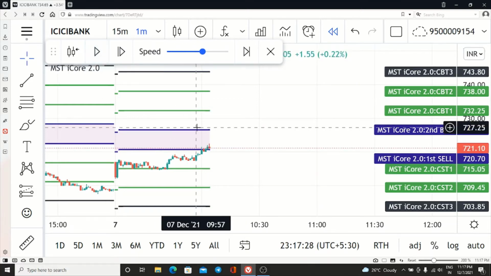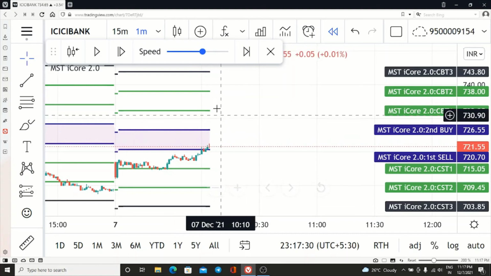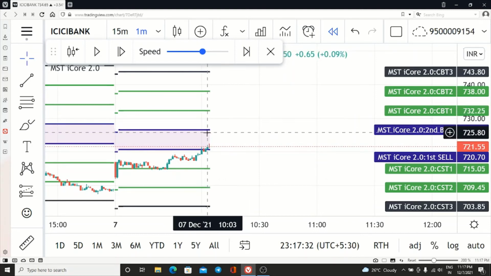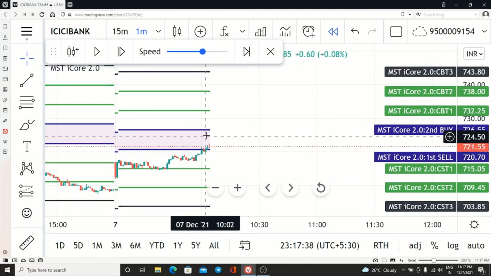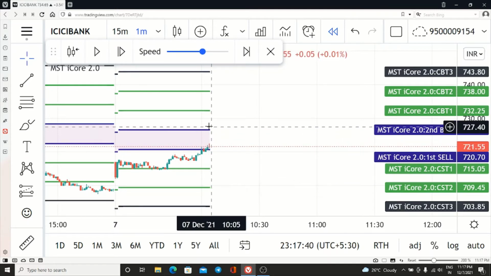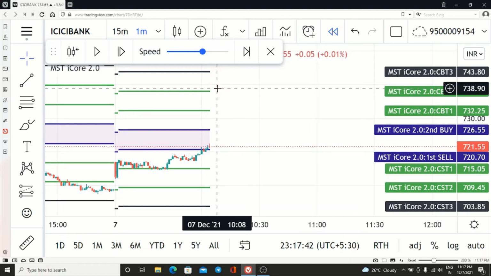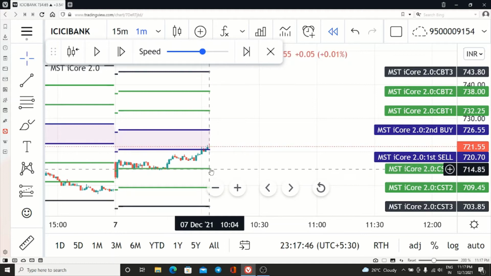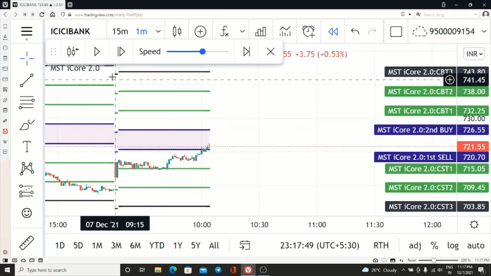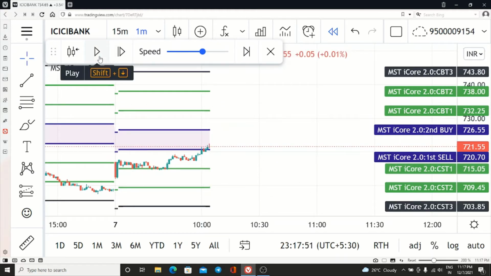So now since sell got activated, I will be placing here 3 lot at 726.55. Why 3 lot? 1 lot is for the SL price and 2 lot is for the reverse entry. Okay, I'm ready. And 1 lot I will be buying here for the target. So I'm ready with the target as well as for the SL and for the reverse entry.